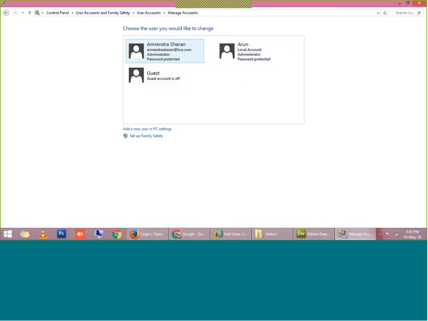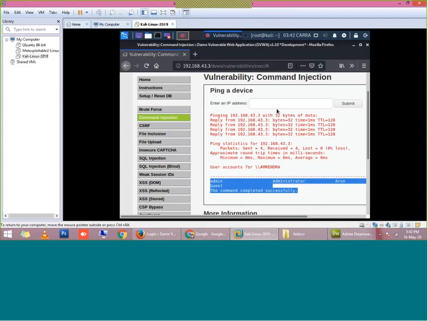But a hacker sitting remotely on a different machine is able to know what accounts are available on my machine. This is called command injection, OS command injection. That is, sitting in a different geographical location, on a different machine, the hacker is able to know the user accounts available on this machine.